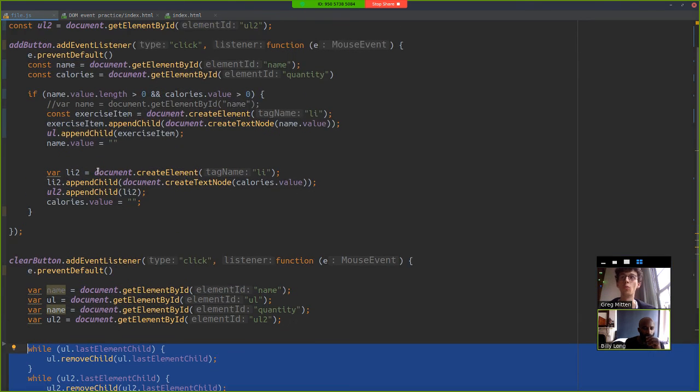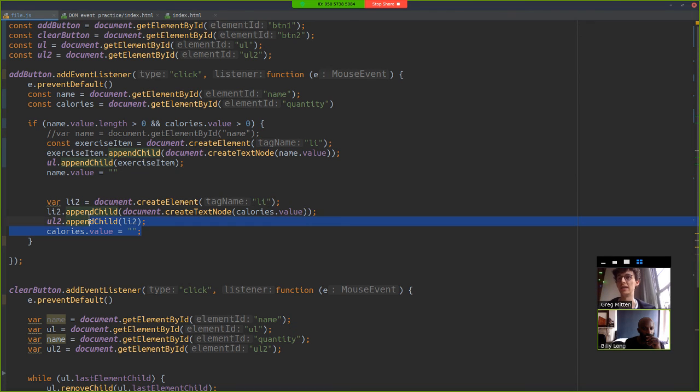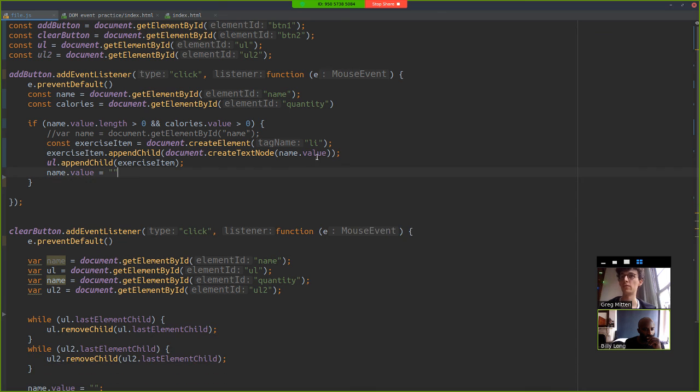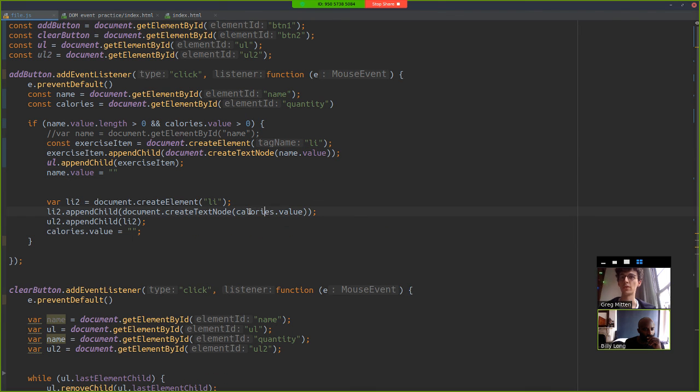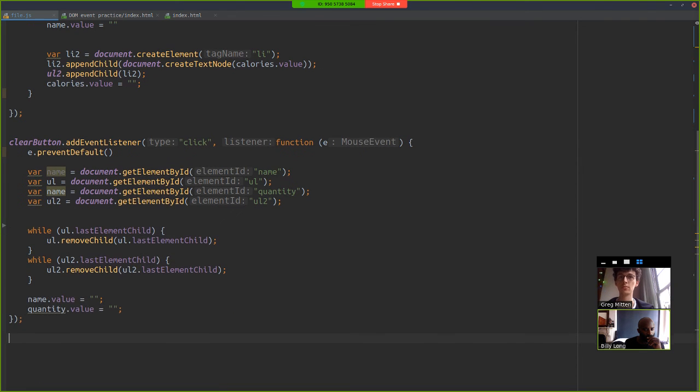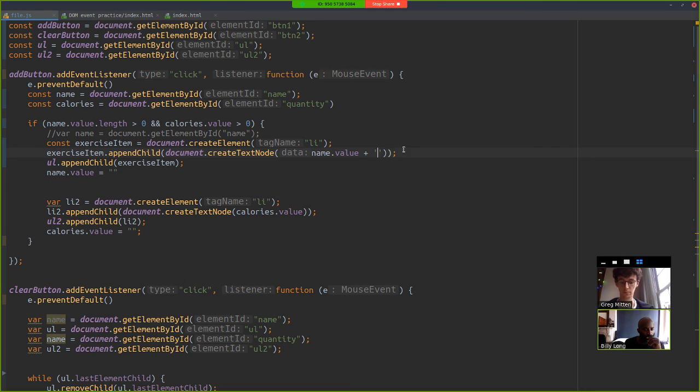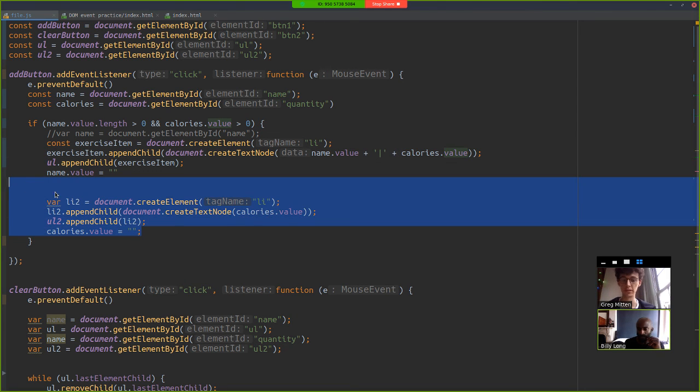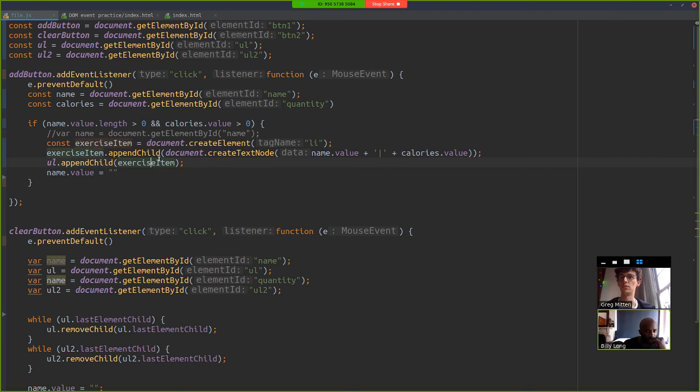Yeah. So what I think would work better is instead we have one value, which we do this, right? So plus calorie value, and then we can get rid of this, and then